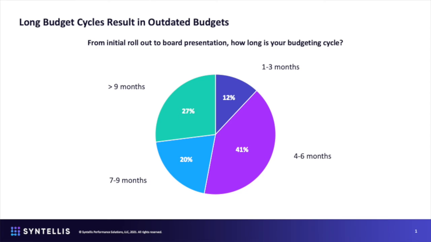I know you talked, Phil, we talked before, you guys are kind of in the midst of looking at shrinking that cycle. Can you talk about that a little bit? Yeah, so our budget goes to our board in May, and it's about a 5 to 6 month cycle here at Xavier, but we're shrinking it down for the reasons you cited, that it took so long, and we didn't have a chance to really dive in and do a lot of what if scenarios within the budget. And so we're in the process of trying to get that down to 1 to 3 months.